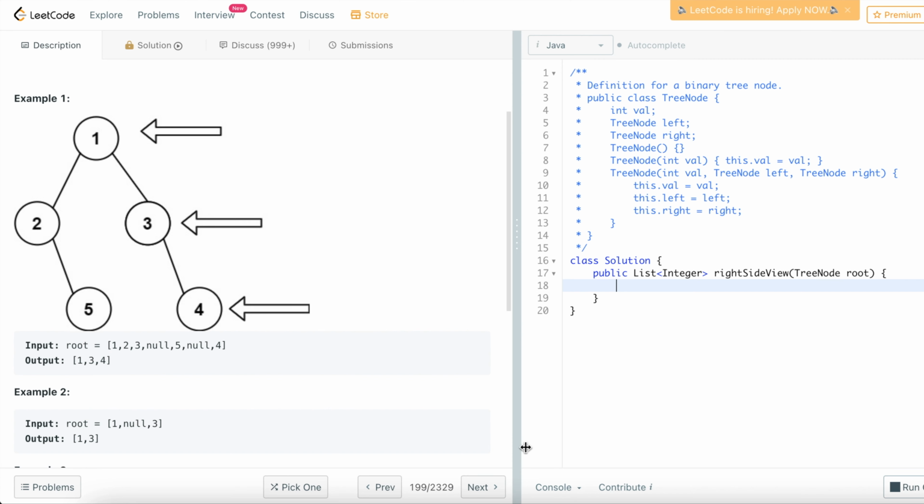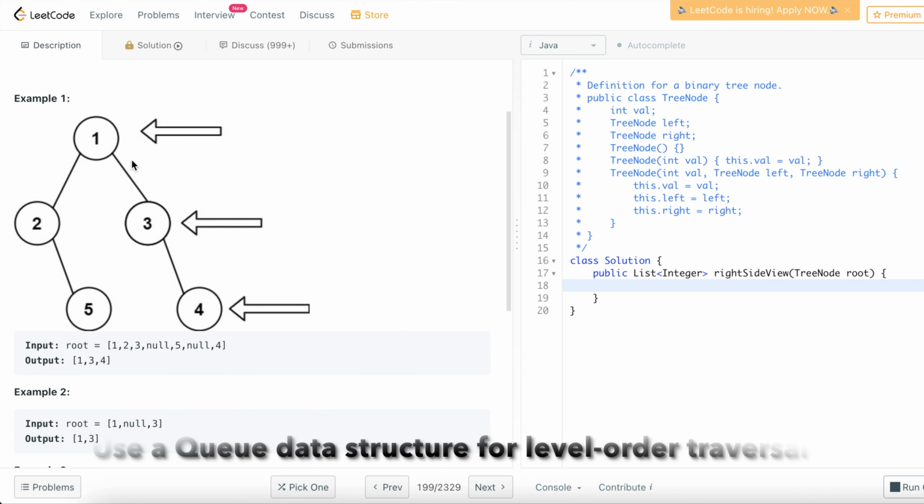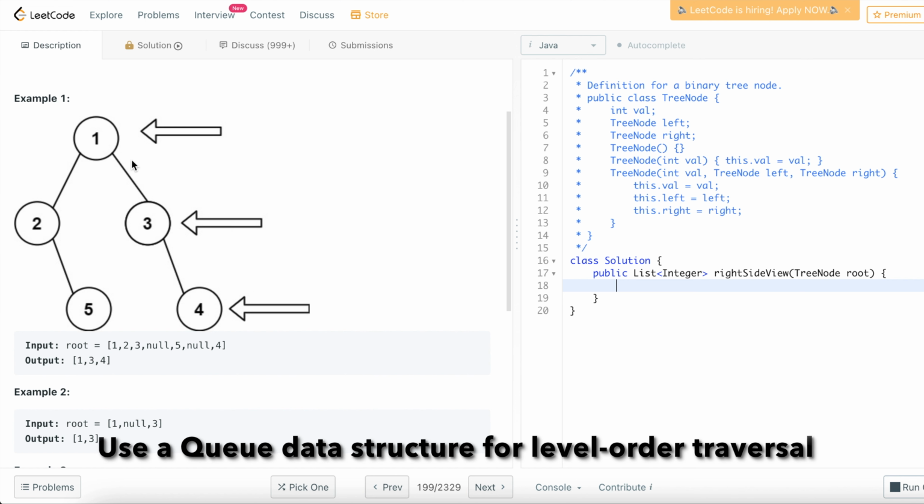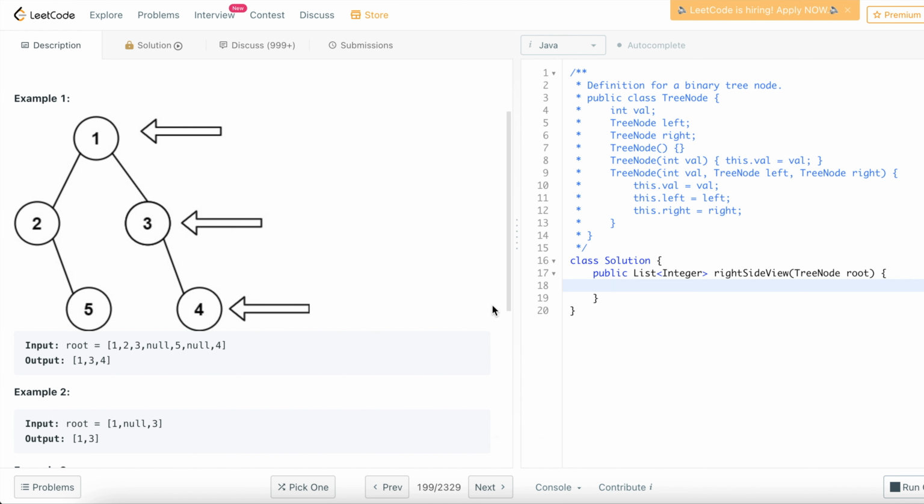In order to traverse a tree in a level order traversal, you should always use a queue. First of all, we will always validate the input. So let's say if root is equal to null. Here I would like to mention that I'm using Java. You should always discuss with the interviewer which programming language you would like to use in your coding interview. So let's suppose we have already discussed with the interviewer that if the root is null, it's a valid input, and in this case maybe you should return an empty list. So return